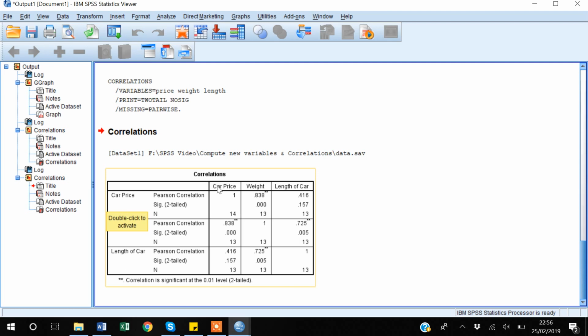I will say OK. Now an interesting thing to note here is that I have 3 columns and 3 rows, car price, then car price to weight. So this point is showing me the car price to weight correlation, then car price to length of car